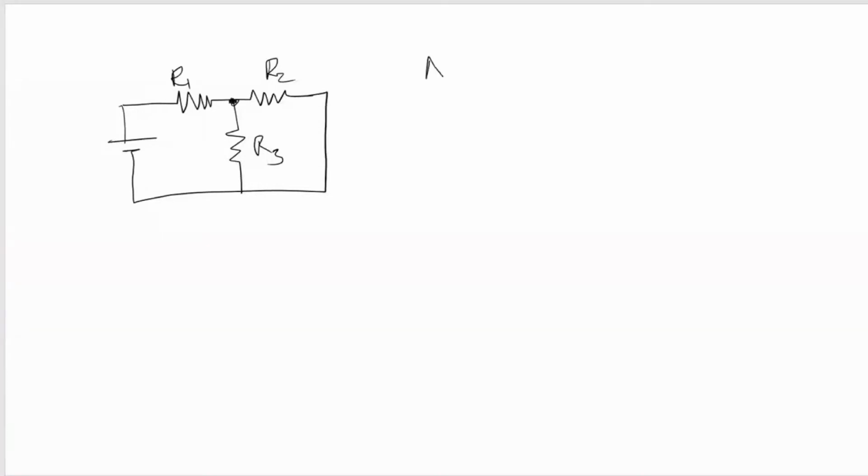In some situations, in some networks, KCL, KVL and Ohm's law may not be useful, or mesh analysis may not be compatible. Then we go for nodal analysis. To go for nodal analysis, step one is to identify the number of nodes. How many nodes are there in this circuit?